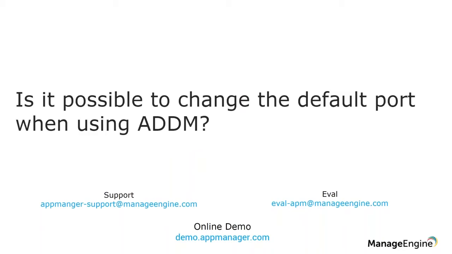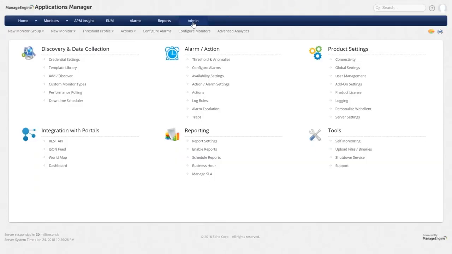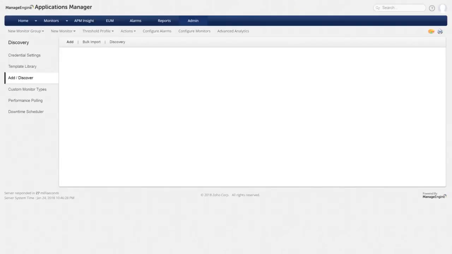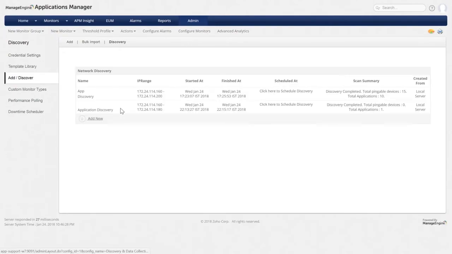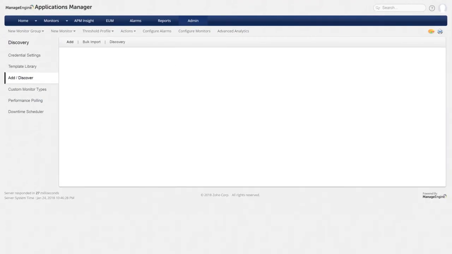Is it possible to change the default port when using the ADDM? Yes, we do have an option where you can change the default port. Let me quickly show you in the product itself. So when I click on the Admin tab, Discovery, and if I just go ahead and edit any of the already discovered apps, let me just quickly go back